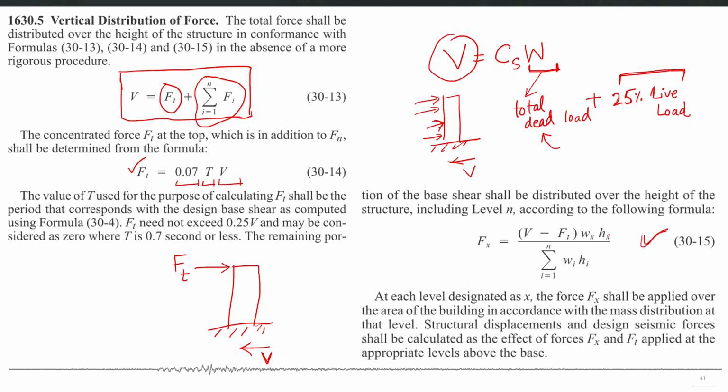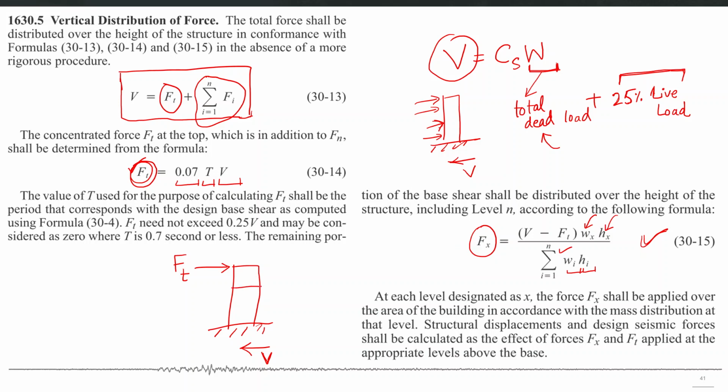So if you see this formula, basically you have to have the weight of that particular X story, the height of that particular X story, divided by the sum of weights of all the stories and heights, the summation of all those, and then you will get this Fx value for a particular X story. So this Ft force basically is intended to account for the higher vibration mode effect, because essentially what we are doing when we are using this formula is that we are distributing the remaining forces in a triangular manner if the story masses and heights are same.